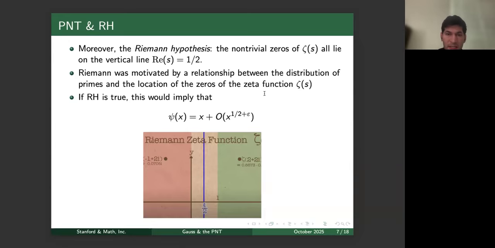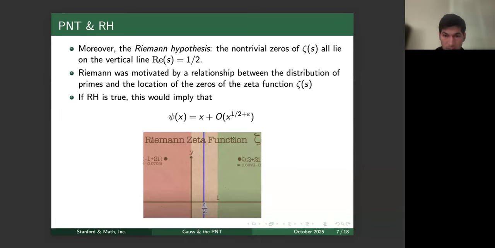And it is no coincidence that you have this 1/2 line in the Riemann hypothesis: the constant 1/2 is the very same constant that appears in the exponent in the error term, 1/2 plus epsilon. There is a particular so-called Riemann-von Mangoldt explicit formula which relates the location,